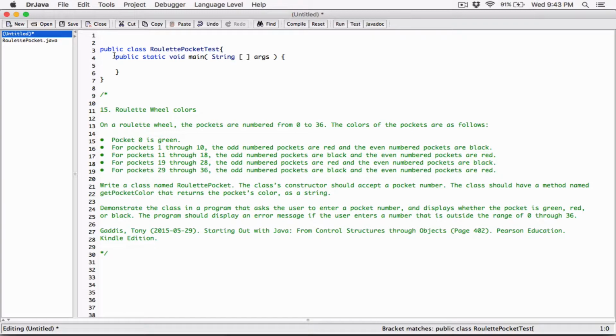So we're going to go ahead and import the Scanner class with the import java.util.Scanner. We are importing the Scanner class found in the java.util package, which is in the Java API, right? Okay, so once you import the Scanner class, we have to go ahead and create an object, a Scanner